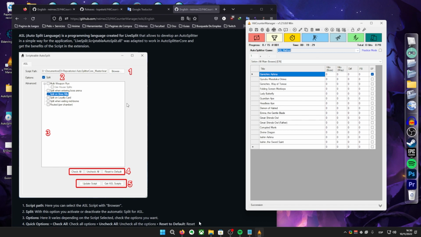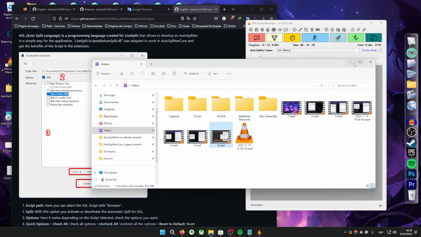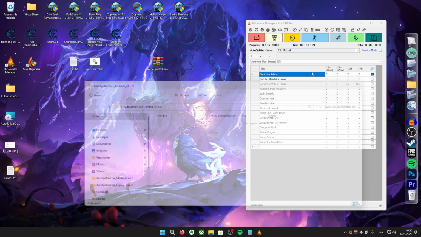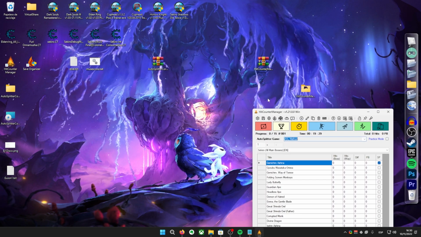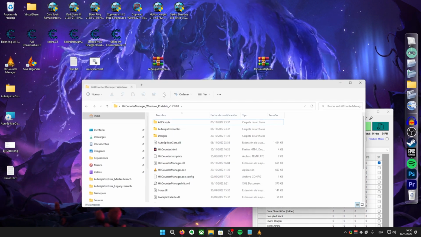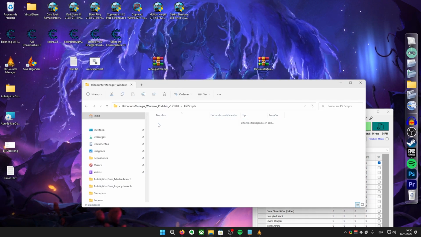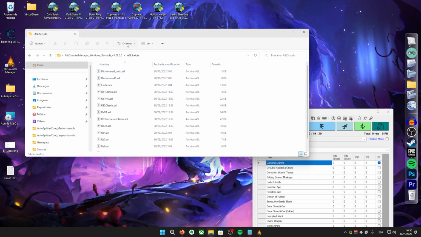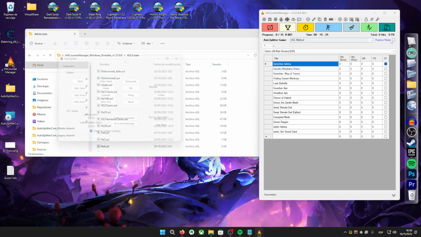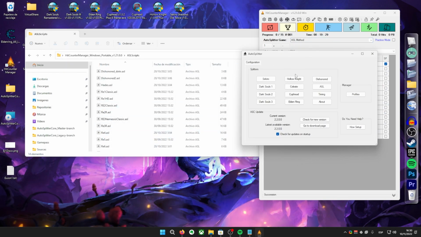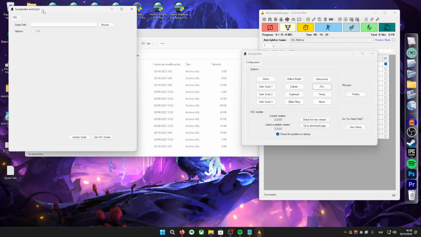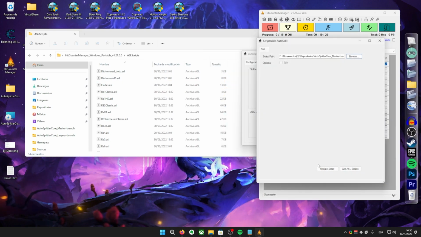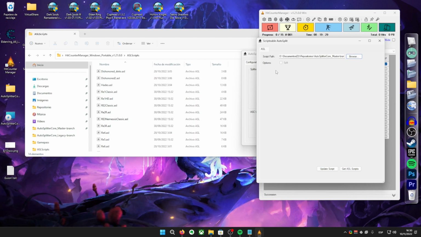Okay. I have some scripts in a folder of AutoSplitterCore. I have this folder that has any ASL script to load into the addon. For example, to load this, go to ASL, browse the script path, for example Hades. Wait a second to load in